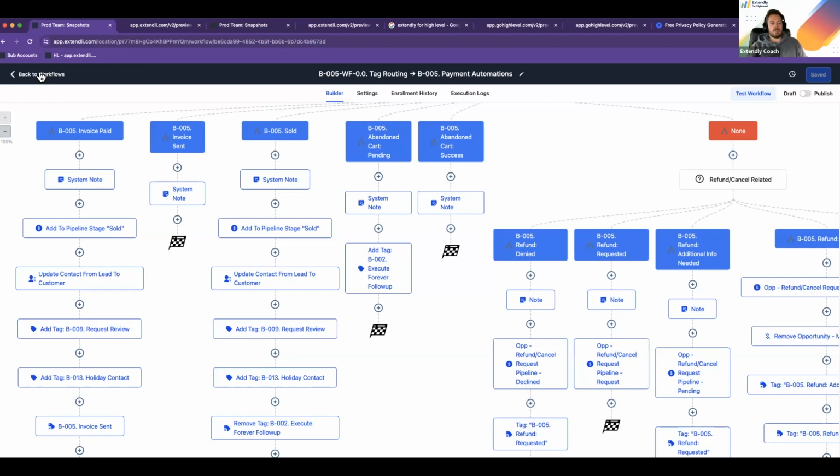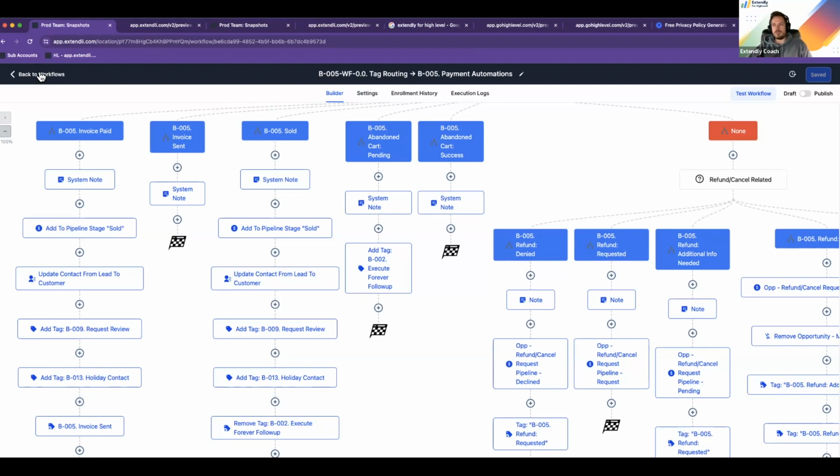Yeah. If you add stages to the existing pipeline, then none of the existing stuff will be affected, and you can just map stages to that accordingly. If you start reordering the stages on the pipeline, that can sometimes cause some chaos in the workflows. The only thing you would need to remap is the opportunity actions in the tag routers. So if you wanted to completely butcher the main leads pipeline and customize it entirely,